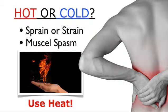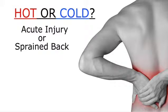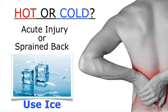Now, when you have an acute injury, let's say you really hurt your back extremely badly, you usually want to avoid heat with that type of injury. It's very similar to a sprained ankle. When someone severely sprains an ankle, they put an ice pack on it immediately. That's how you want to look at it if you severely sprain your back, and that's where the ice comes into play. The simplest thing to do is use a simple ice pack with ice cubes inside